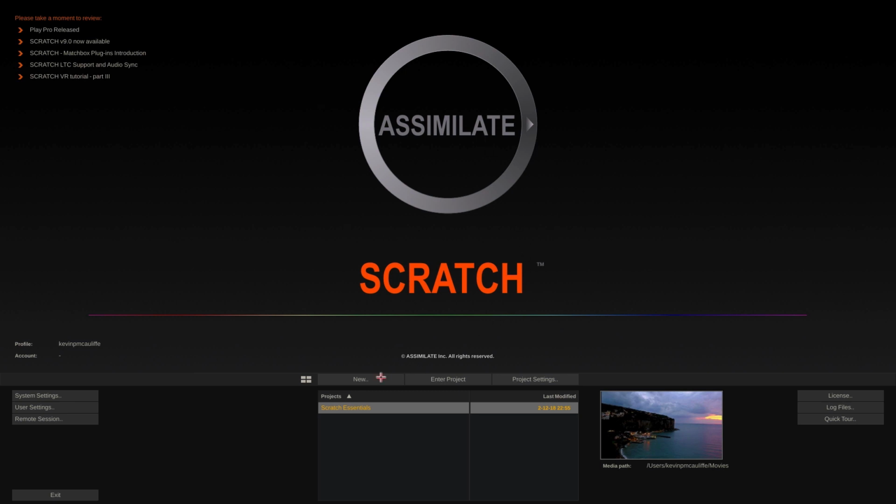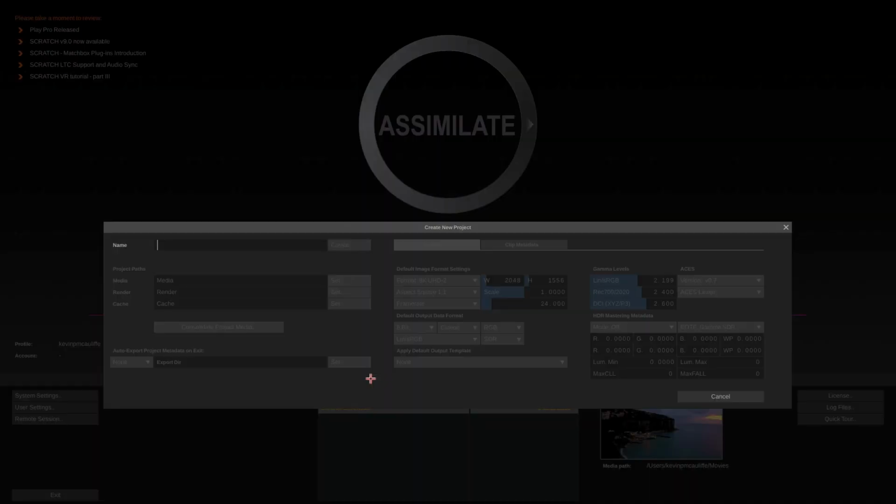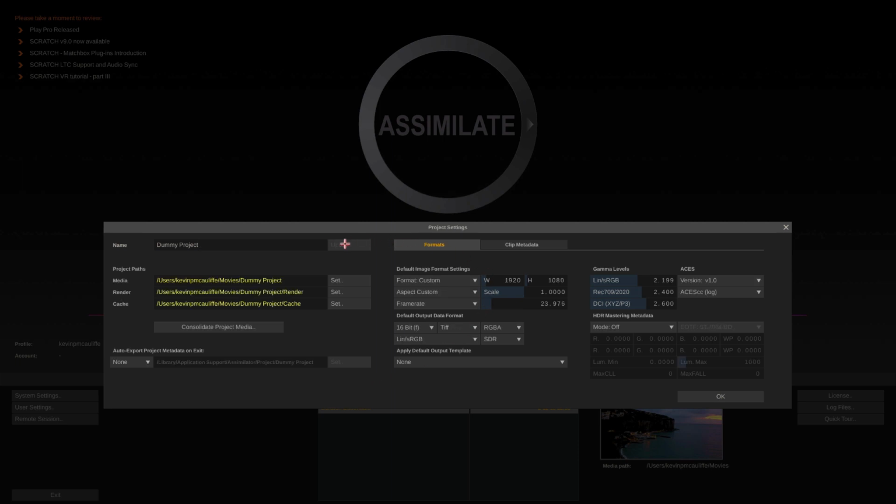Let's come down, let's create a new project. Now, you'll notice that as of right now, everything is grayed out, and we're just going to create a project called, appropriately enough, Dummy Project. Now, none of the parameters are going to become available until I say create. Now, you'll notice that you have a few options in here, like to get in and set your project paths,